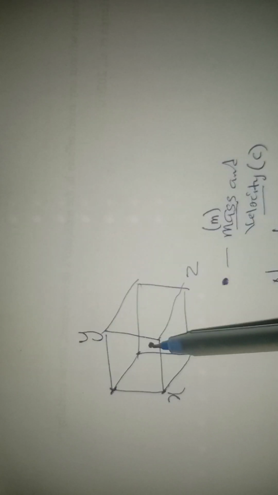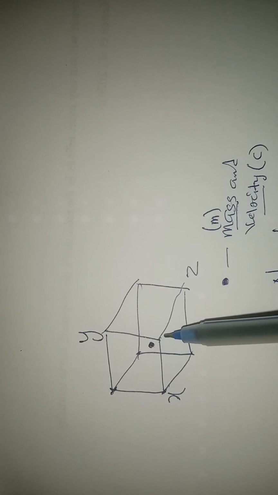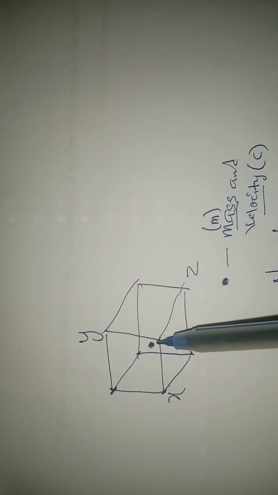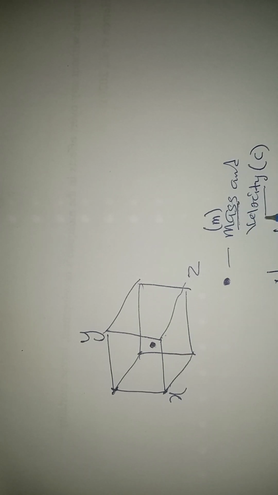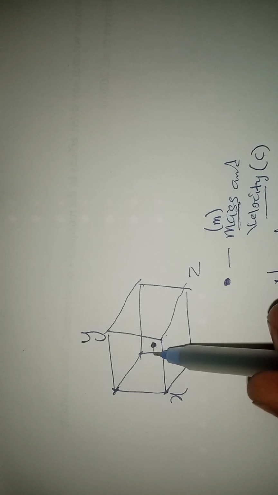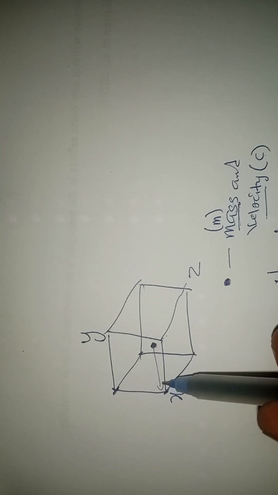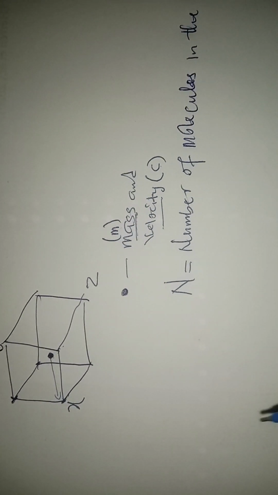remember, as we said, that the molecules in the container collide with one another and also with the wall of the container, and the collision is perfectly elastic. So each of the molecules in the container has mass and velocity. Mass is represented with small letter m and velocity is represented by c. So let's say these molecules move in the x direction, and we said that these molecules have mass and velocity, so